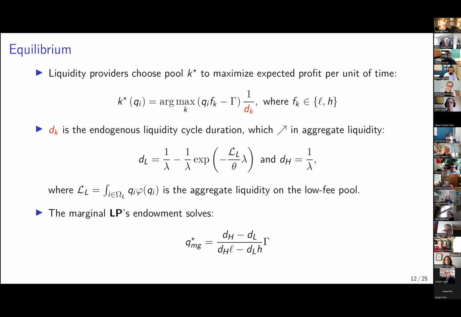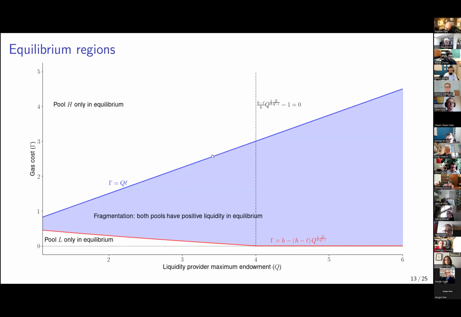Whereas if you choose the high fee pool, you're getting a higher fee per unit of trade. You're getting low priority, right? You're basically at the back of the queue, and you're only interacting with the large traders when they arrive. And on the other hand, you have to rebalance less often. So we're going to see that traders that value this fixed cost differently are going to sort themselves into the different pools, right? So how would the equilibrium look? Will we get fragmentation, or will people choose different pools?